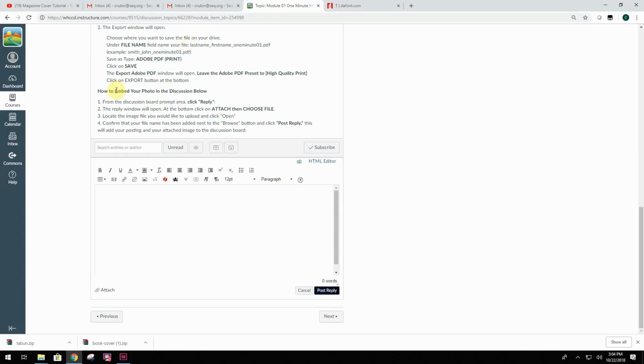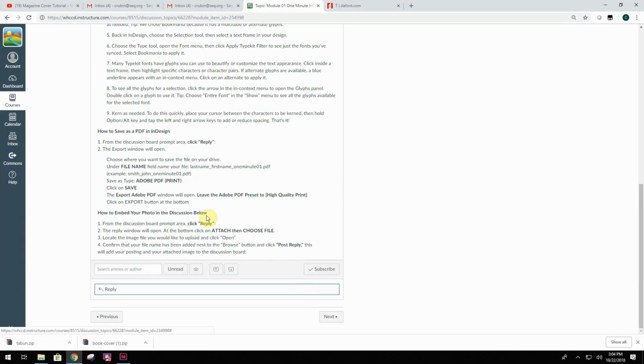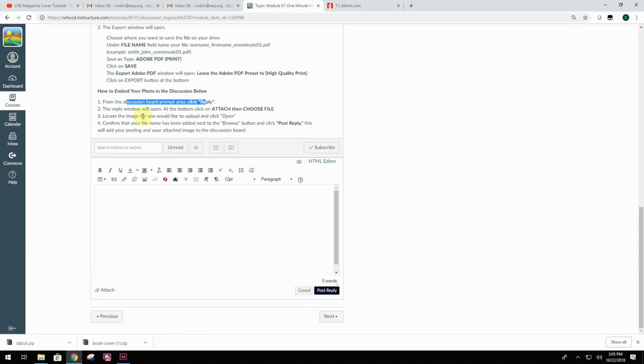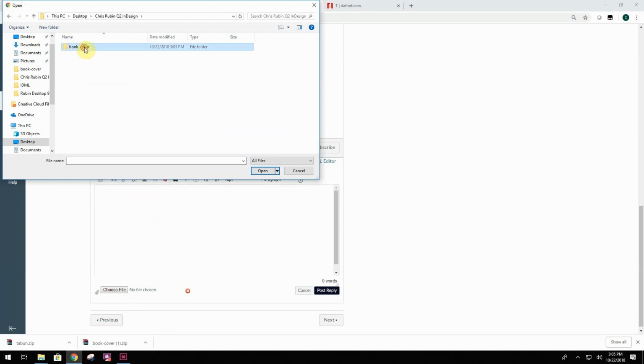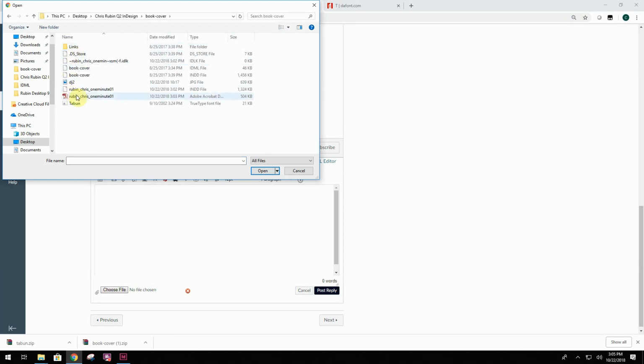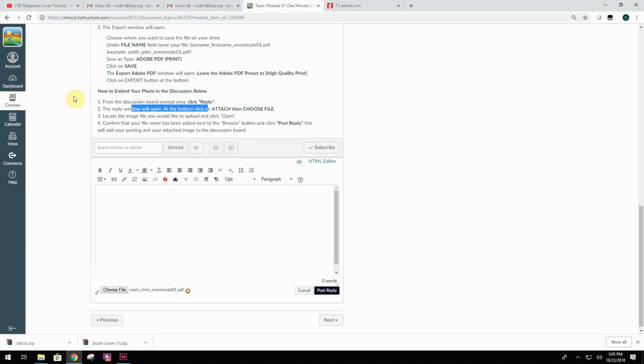submit it. So to submit it, we're going to follow these instructions. It says click reply. It says the reply window will open. At the bottom, click on attach and choose file. So I'm going to click on attach and choose file. I'm going to go to my folder where I have everything neatly organized for this class. And I'm going to select the Adobe Acrobat document. It's got this little white background with the red Adobe Acrobat symbol on it. I'm going to double click and you can see